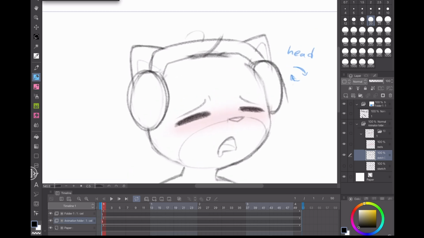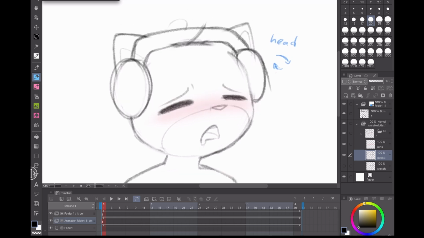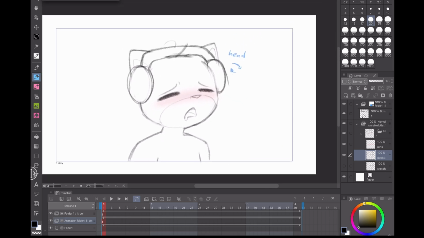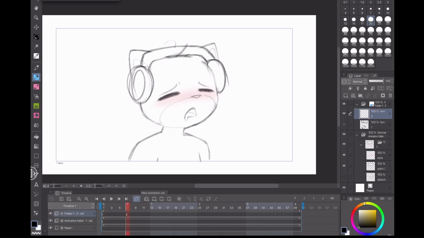All right. This is usually the part where I like to add in details and refine this, because when we make whatever the next keyframe is of the animation, it's gonna be based on the first one. And we wouldn't wanna be forgetting details and have to go and add everything in later. And so if I don't draw whatever detail is gonna be on his headphones now, and end up making another frame later,